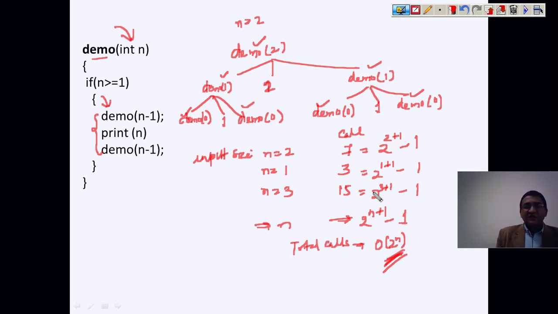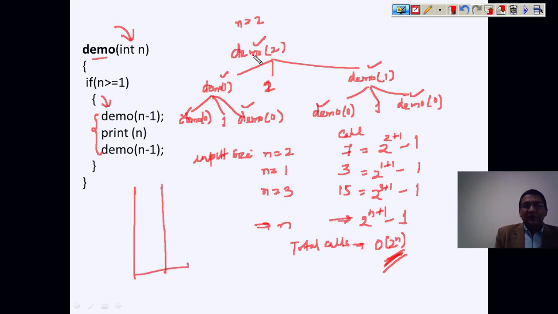Now we will see what the space requirement is. The space requirement is not 2 power n, but it can be determined by using the stack. So we are not using these many cells. Let us check how many cells will be required, because in the recursive approach we need to find the size of the stack, and the size of the stack will be the space requirement or the space complexity. So let's see how it works. This is our stack.